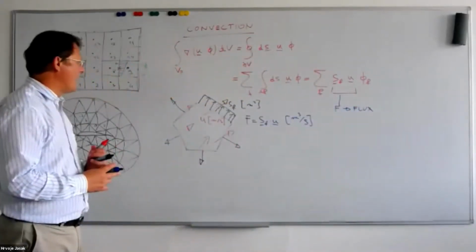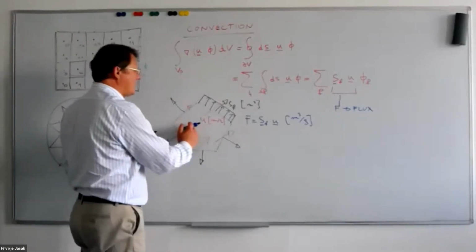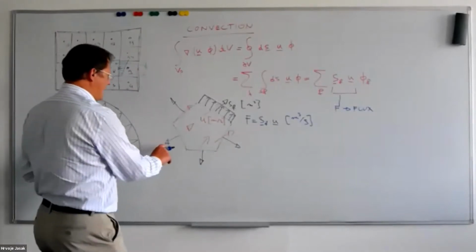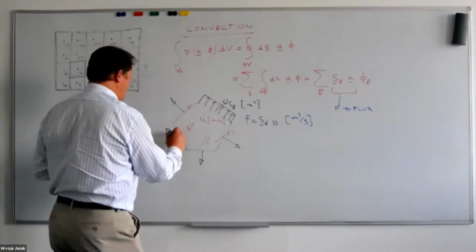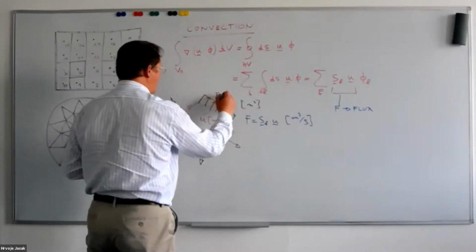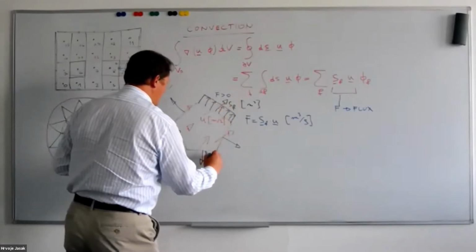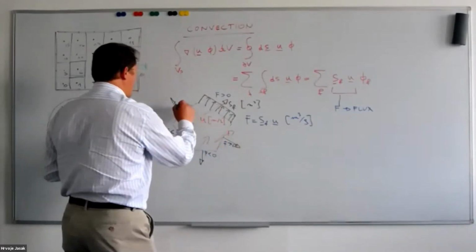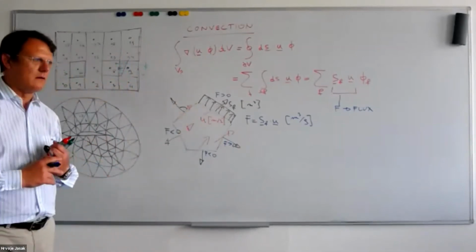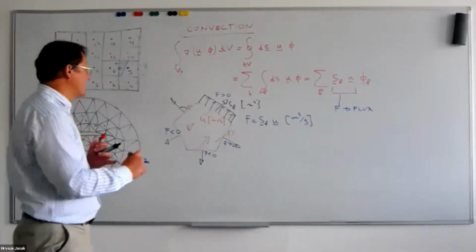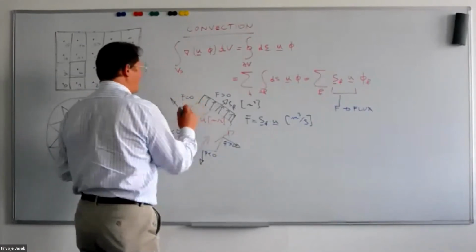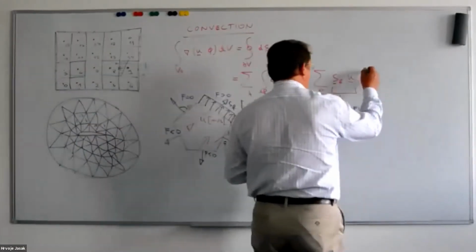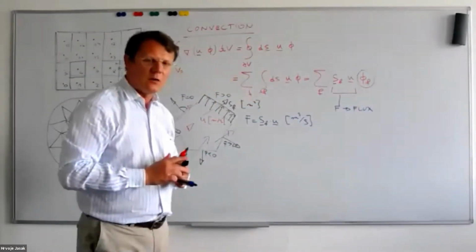And that is basically a measure of what comes into the control volume and what goes out. Notice that the incoming flux is negative, the outgoing flux is positive, and for the case where there is a 90-degree angle between the face area vector and the velocity, the flux will be 0. The remaining trick is how to calculate phi F, and this is something that we can consider